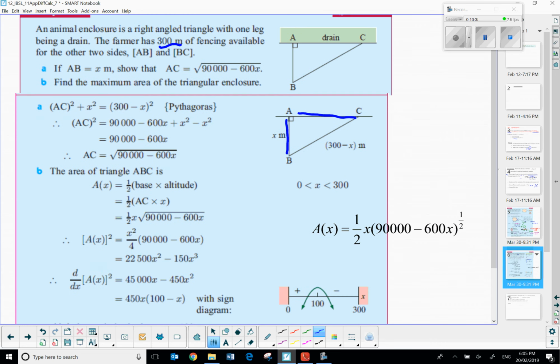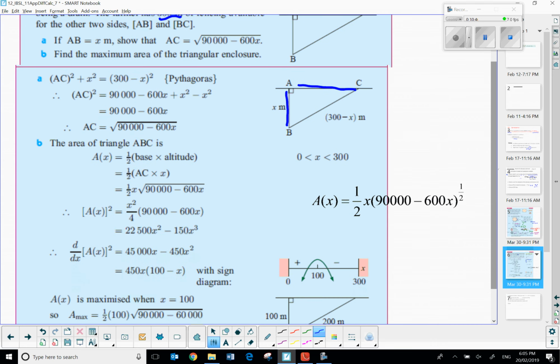So our area of the triangle is going to be half base times height. So it's a half AC times X. That gives us that expression here. Now, this one, to then go through and find our first derivative and equate it to 0, you would use